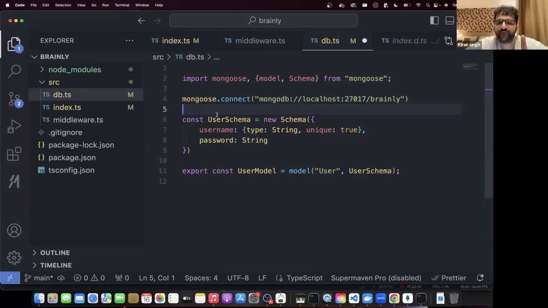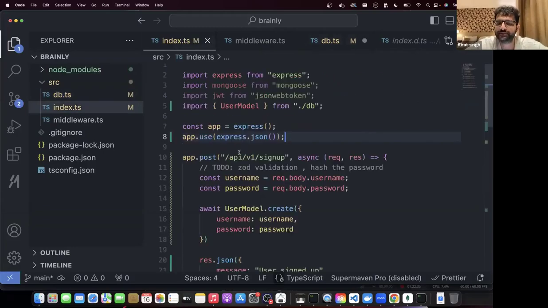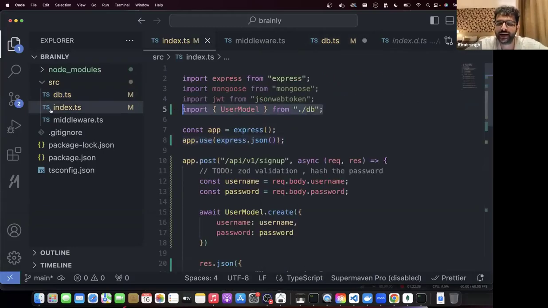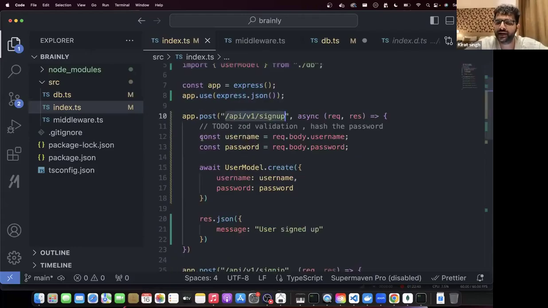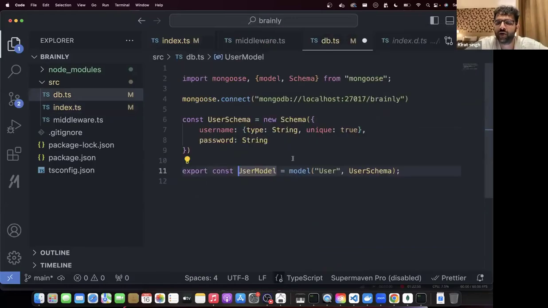To recap, I have created a user schema. I have created a user's model. I've exported the user's model. I've imported it over here, user model in index.ts. And I've said कि जब भी बंदा sign up कर रहा है, get their username, get their password, put this entry in the database, return to the user. User schema पे I have already added a constraint कि unique is true. अगर same username का फिर से आया, the process will sort of crash and it will throw an error. Let's see does that happen.